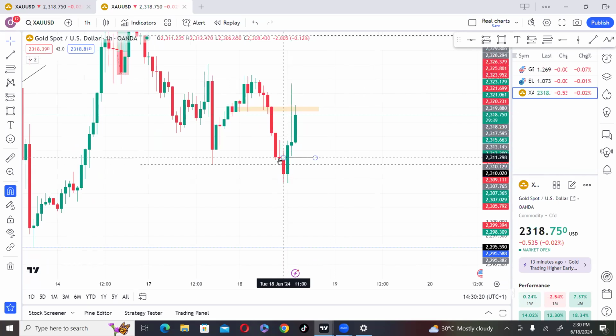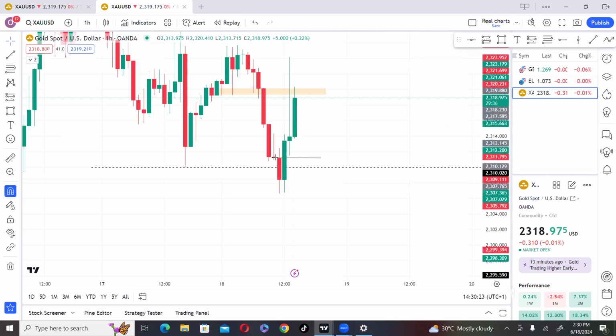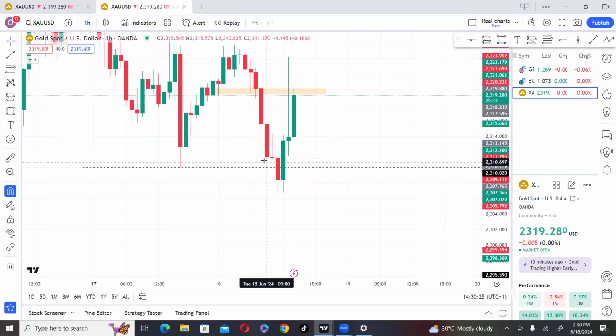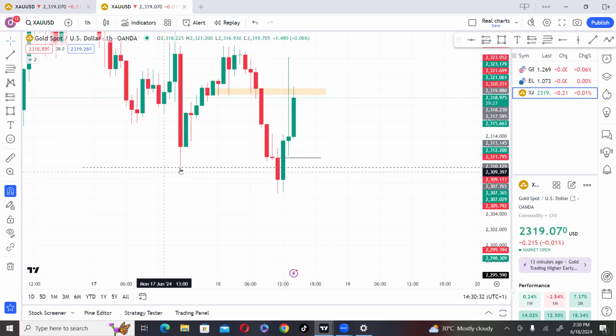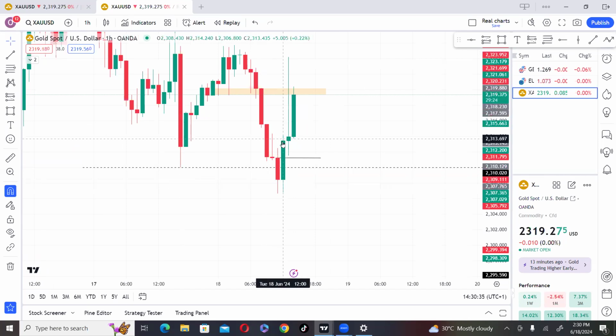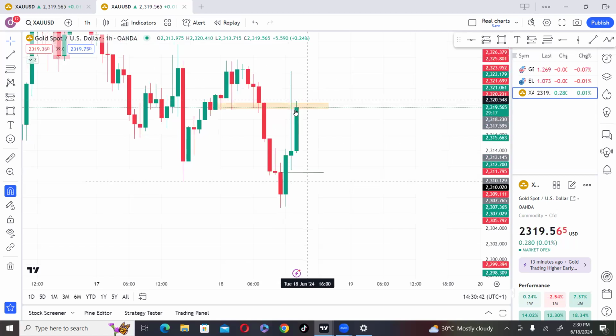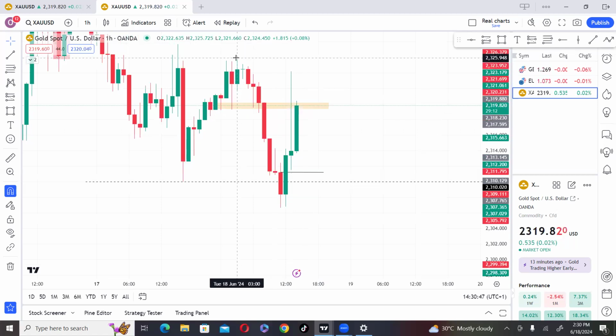After price was rejected, you can see there's a bit of hesitation for price. Price was hesitating to come below this point, right? So this is the candle that actually came down here, came all the way to this low to take our liquidity from this point right here before distributing to the upside, and then price started coming all the way to this high. Although price rejected that point, the reason why I'm still saying this rejection is valid is that we still have liquidity at this high that has not been taken out yet. So I'm expecting price to give us a retest of this black line so that we can buy to the upside. That's what I'm looking at